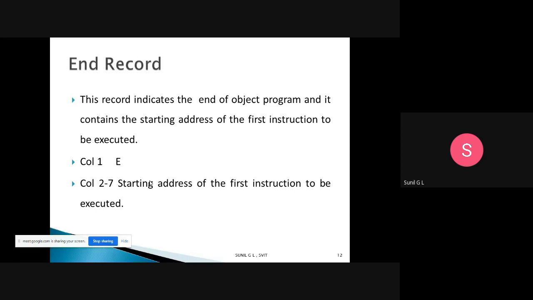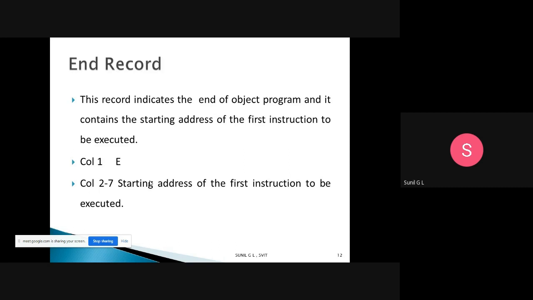We need to load the program into main memory, and to know where to start execution, we need the address of the first instruction to be executed. That is contained in the end record.